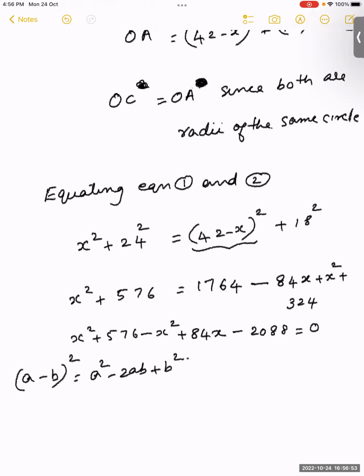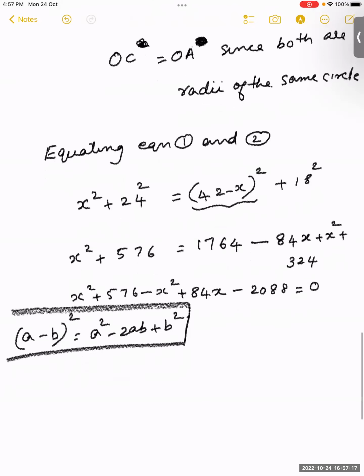All of you understood what I did here? x square plus 576, and the rest everything I am bringing from the right hand side: minus x square plus 84x, then 1764 I am adding to 324 and bringing it to the left hand side. Okay, now